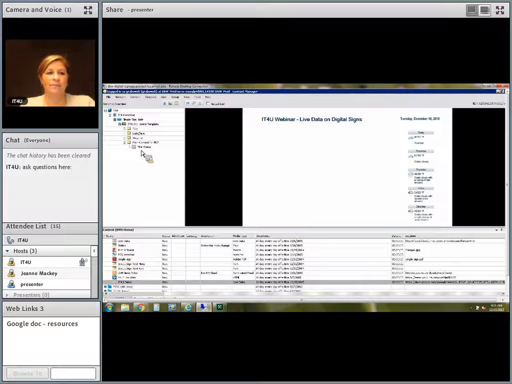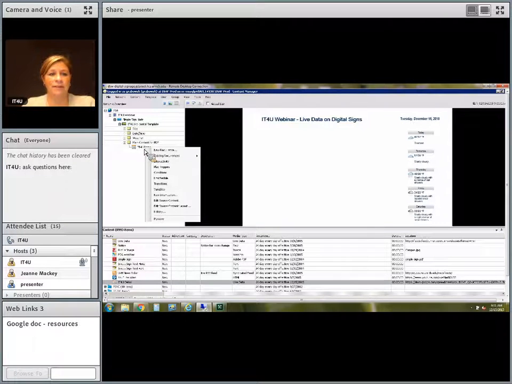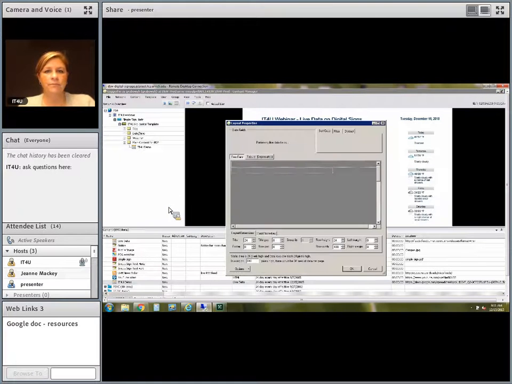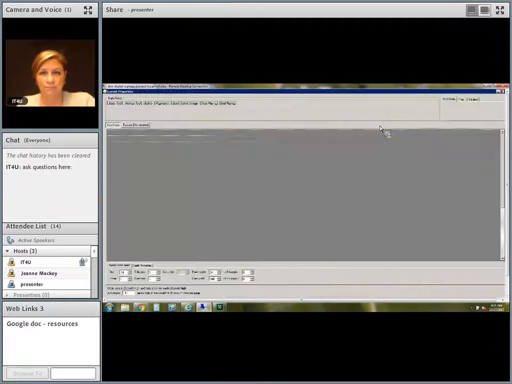So I went back up to my live data item. I did a right click, edit source content layout. Now, when it pulls up the layout, it's going to look at my spreadsheet for those column headers. So these first 5 fields up at the top, static text, markup text, built-in, pagination, and quick index, those are defaults from the software. But the next ones, the ones that are not italicized, those are my column headers: image, start playing, and end playing. I'm going to maximize this so it's a little easier to see what's going on.